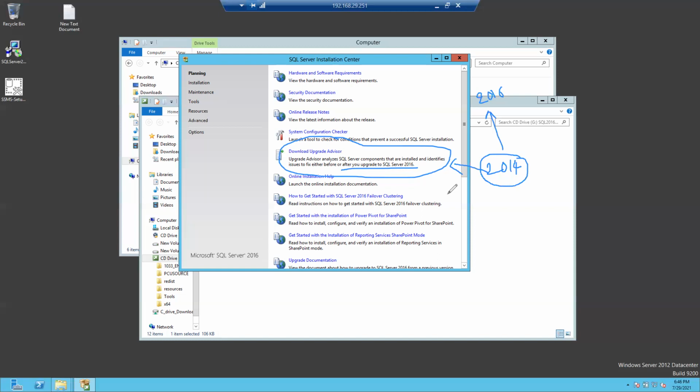Before proceeding with SQL Server 2016, it gives you a kind of report on what to do. This is useful when upgrading from SQL Server 2014 to SQL Server 2016.